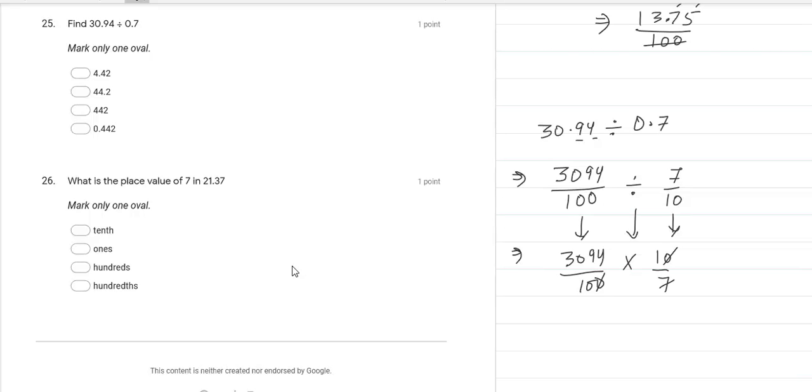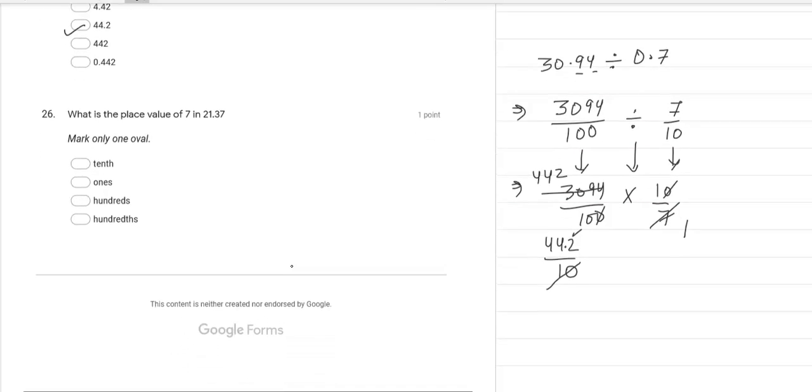As this can be cut easily, so we will cut. Now 7 and 3094, you can check by division, they will be cancelled. So let's cut them. 7 ones are 7, 7 4s are 28, 2 remainder 9 came, 7 4s are 28, 1 remainder 4 came, 7 2s are 14. So we have the answer 442 upon 10. You can do this calculation on your own in your copy and you will get the answer in a similar way. Now there is only 1 zero, cut it. After 1 digit put the decimal. Answer is 44.2.